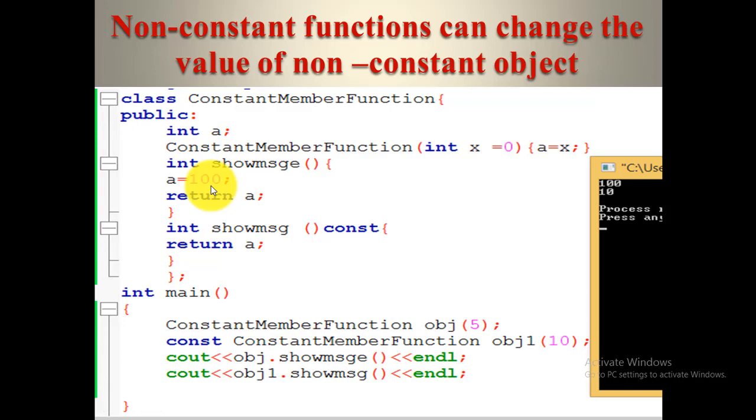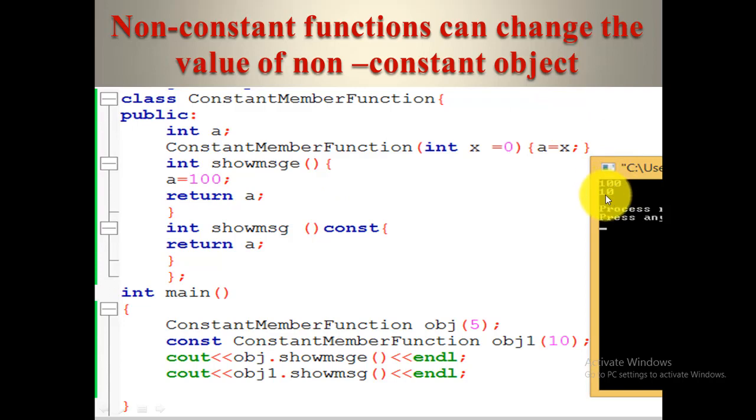It means we are overriding the value of a, we are changing the value of a. So the compiler allows us to do this. Why? Because it's a non-constant member function, so we can make changes in it. We can change the object value easily. There is no problem. Here you can see the output, 100 and 10.